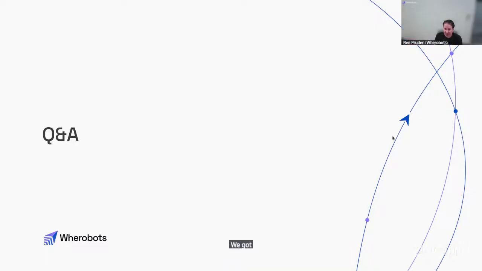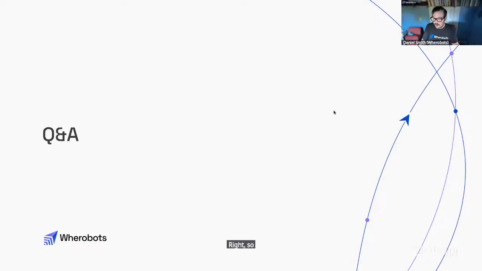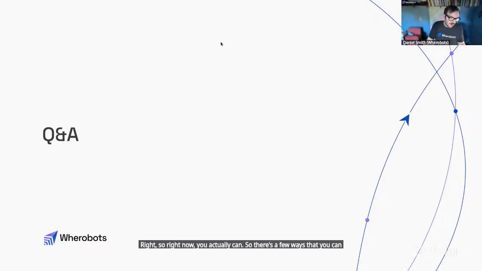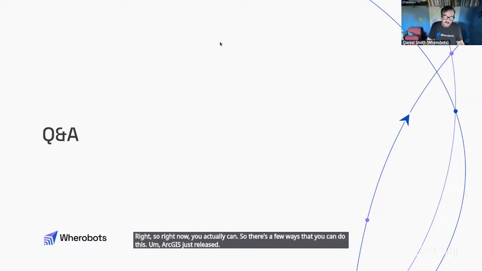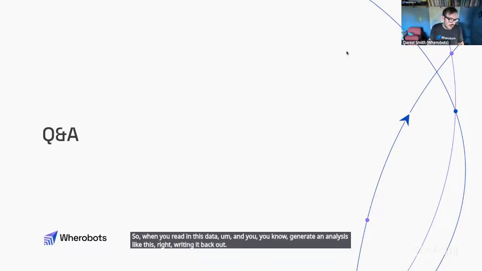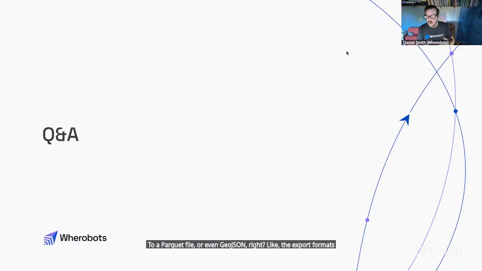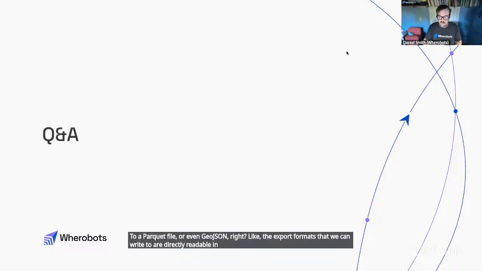We got one question while you were talking, Daniel, from Violetta. She asks, do you plan to integrate with Esri ArcGIS Pro software? Right, so right now you actually can. There are a few ways to do this. ArcGIS just released, I think it's still in beta, their GeoParquet reader. So when you read in this data and generate an analysis like this, writing it back out to a Parquet file or even GeoJSON, those export formats are directly readable in ArcGIS, in the latest versions of QGIS, and those other platforms. Additionally, using PMTiles,